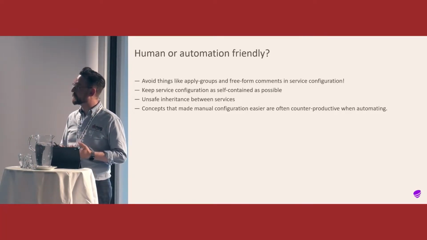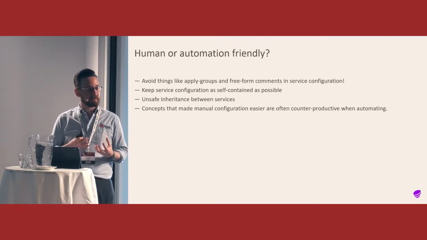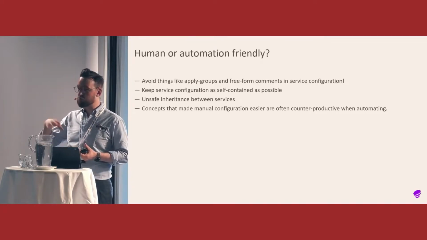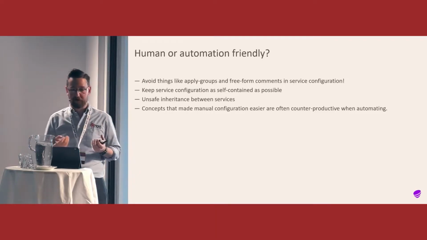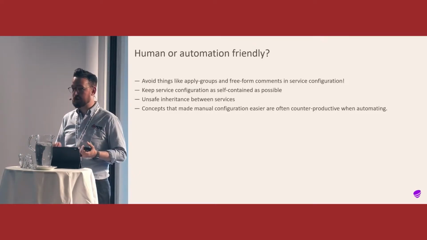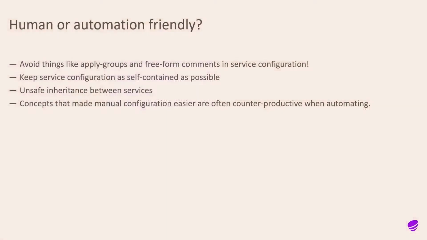Generally, we want to have our service configuration as self-contained as possible. That's because we don't want to end up in a weird ownership situation where multiple services own critical parts of each other's configuration. It's sometimes not avoidable. Things like VRFs are a good example of shared configuration that you need to be really careful about. You need to make sure that you don't accidentally remove the whole VRF definition in your router just because you only know of one service that is using it. Maybe there are more services on the box that were manually provisioned, and then you've created an outage for the customer. So try to make configuration as self-contained as possible.